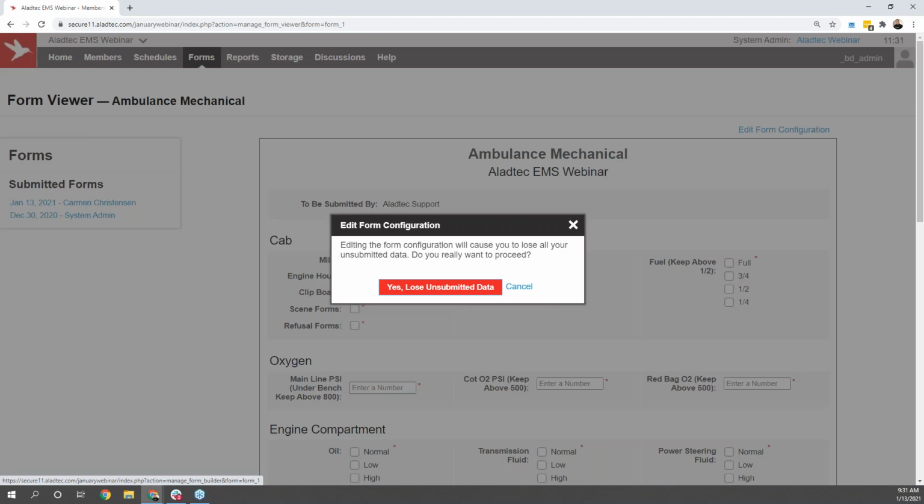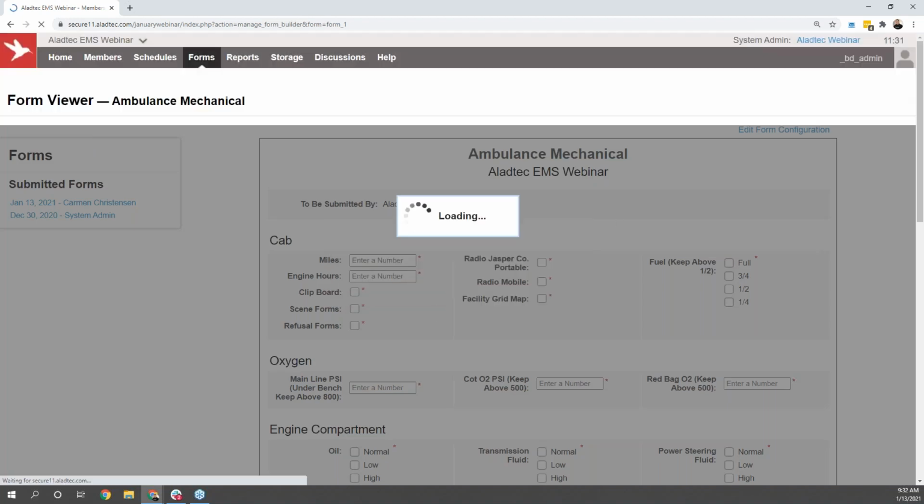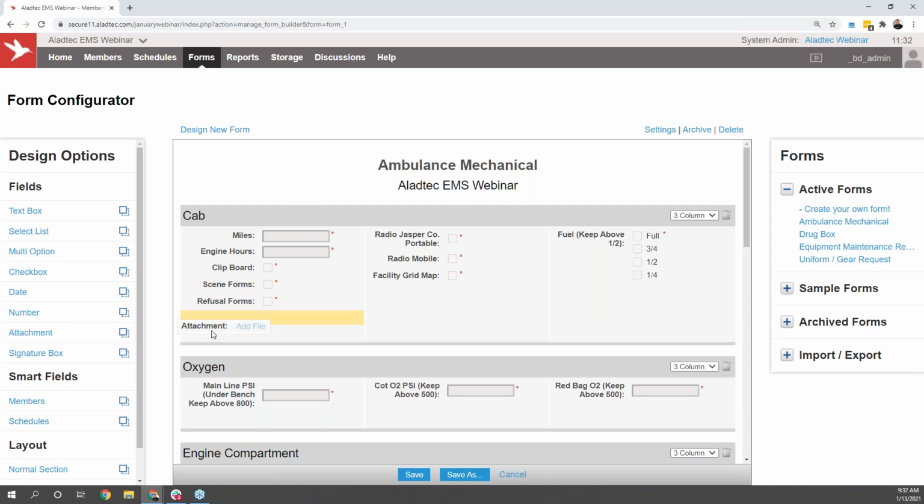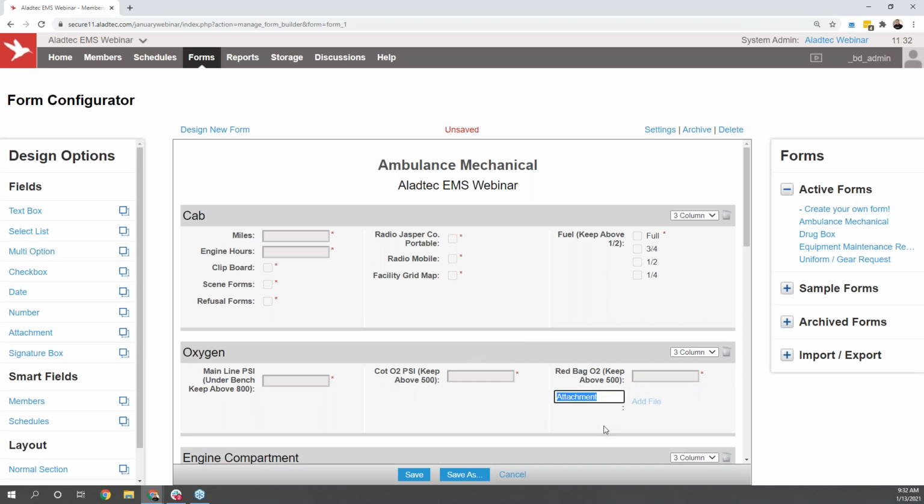within the system. To make modifications to this specific form, I can select the option to edit form configuration, and I'm going to get a view pretty similar to what we were seeing in that member database configurator as well. So let's say for this ambulance mechanical, we want to use that attachment field again. We want users to be able to attach an image of any damage to the vehicle. I can once again choose attachment on the left-hand side of the screen, click and hold on that, drag and drop that wherever it might need to be,